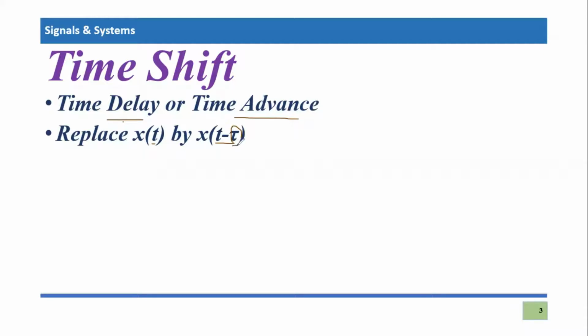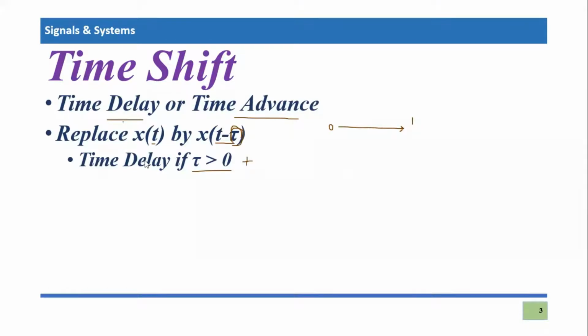Since it is a number of units, it may be negative or positive. Whenever you shift in the positive direction, for example, this 0 will become 1. That means you're shifting the signal from 0 to 1. That means the amount of shift, or the tau value, is positive. Then the time shifted version of the signal is known as time delayed, because tau is greater than 0, or positive.